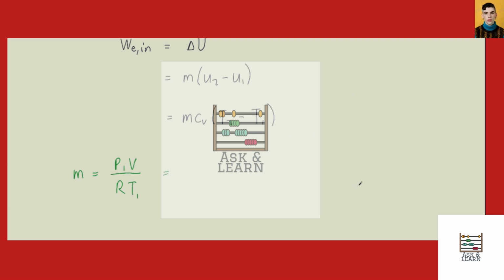And the volume V, remember, is equal to 3 times 4 times 4, and that's 48 cubic meters. So we can substitute that into this equation. So the pressure is air pressure, 100 kilopascals. The volume is 48 cubic meters